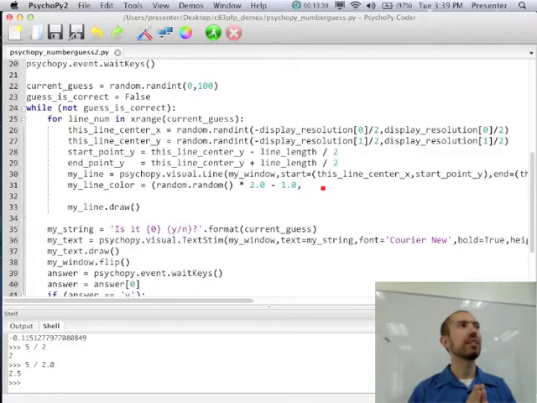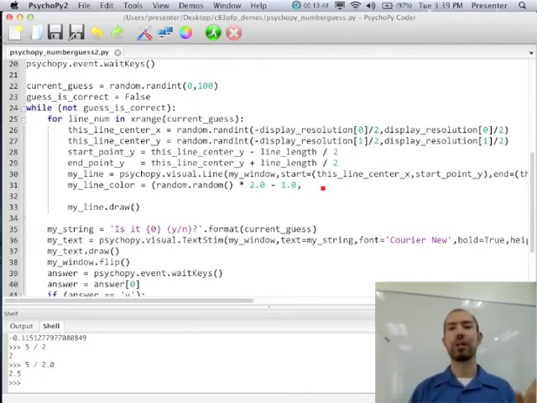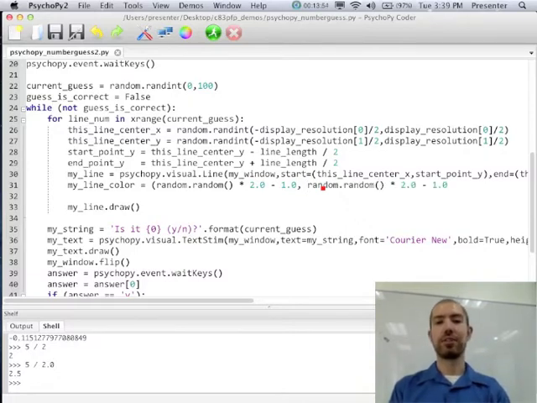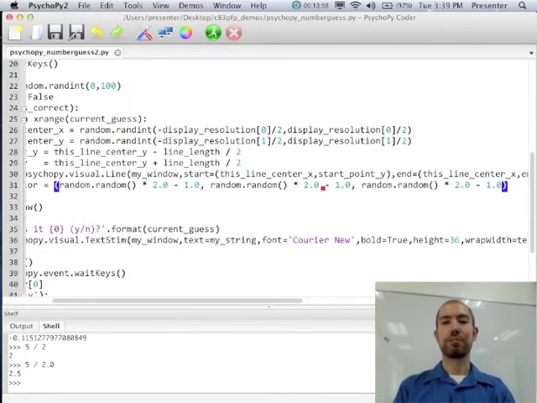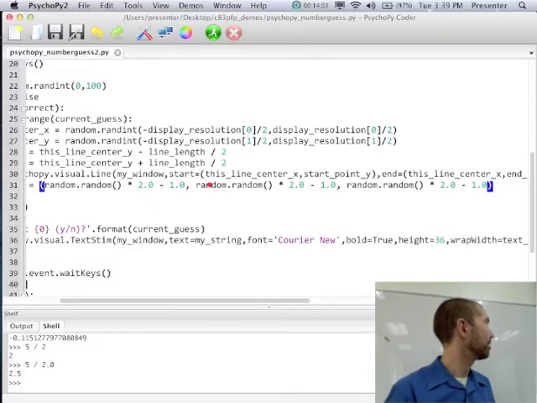Okay, and I said we want a triplet of these numbers from -1 to 1, right? Because we want to represent a red value between -1 and 1, a green value between -1 and 1, and a blue value between -1 and 1. So all I should have to do is paste that 2 more times. Sorry, I'm pointing at the screen like you can see my finger on the screen.